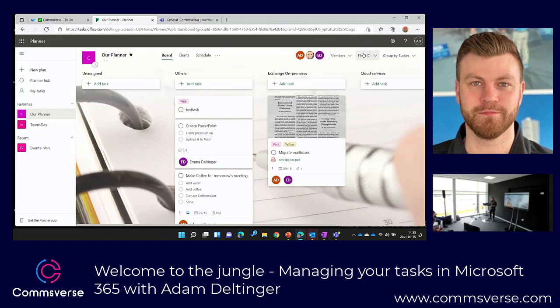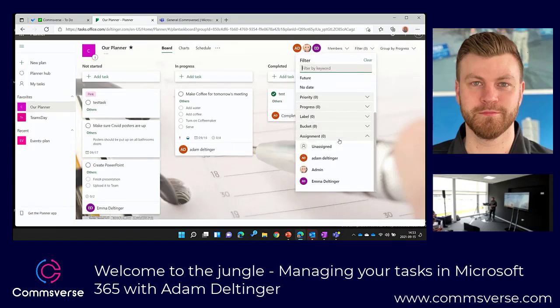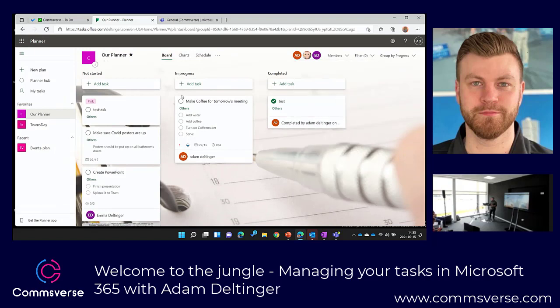All right, so I would just want to show you how you can group by bucket, assign to progress. For example, I can do progress over here, and you can see it groups this view according to the progress. So I get them and see this view instead. So it's a pretty good one, and there's a lot of filtering options as well you can use. So, all right, let's go back to do.